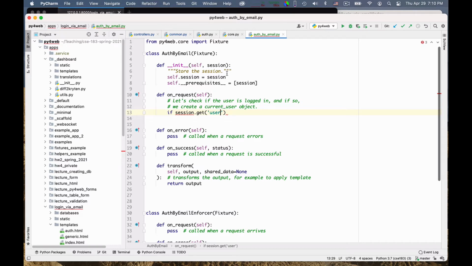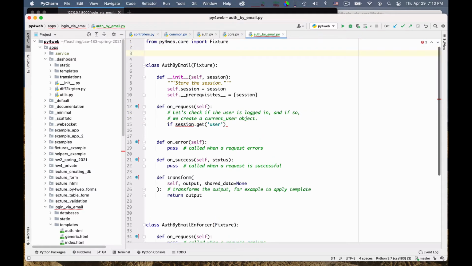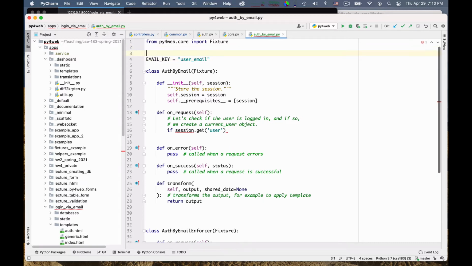So I can go here and say if session.get, and I can define user email to be my key. Let's do it a little bit better though. I can say, for instance, email key, so that I just define it once and for all, is equal to user email, okay? And I call this a key to access email in the session. So if I want to modify it, there is a single place.